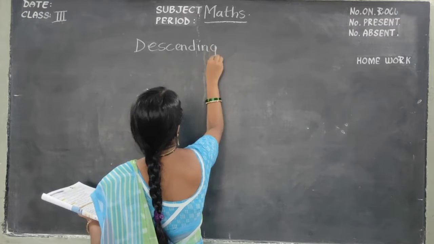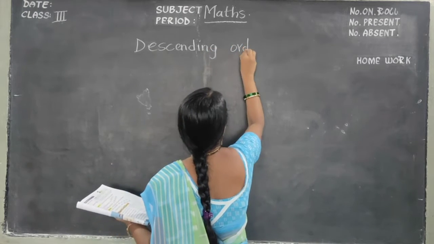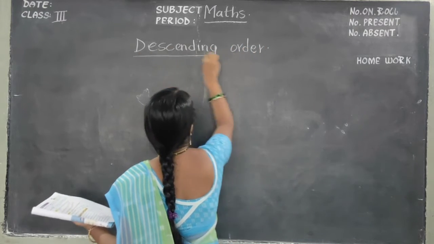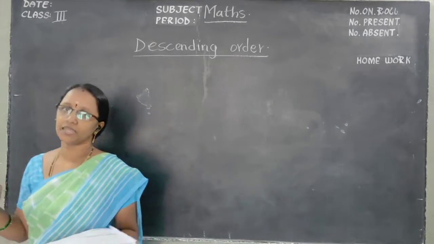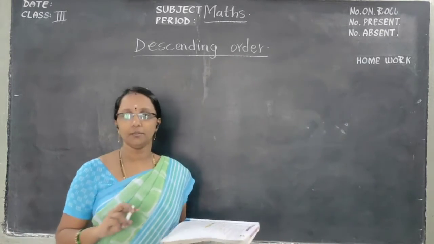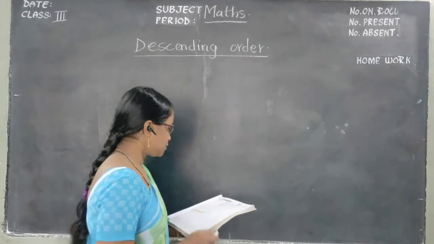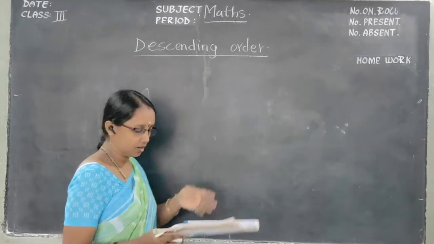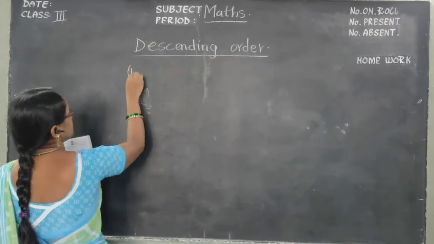What is ascending order and descending order, children? Ascending order is nothing but small number to big number, and descending order is big number to small. So today we are going to learn descending order. See the first question,